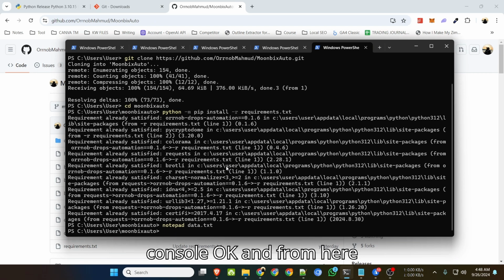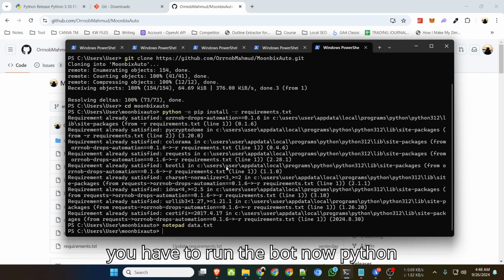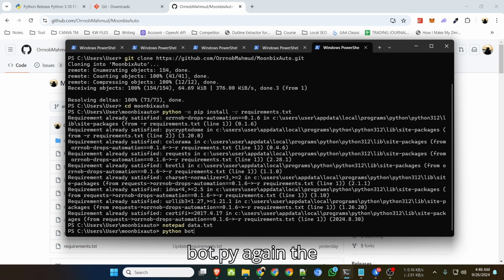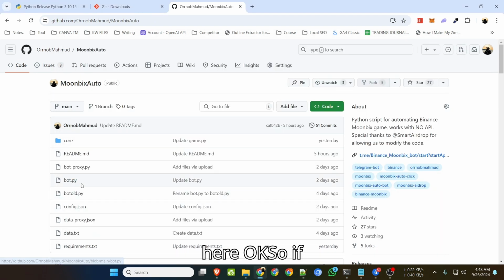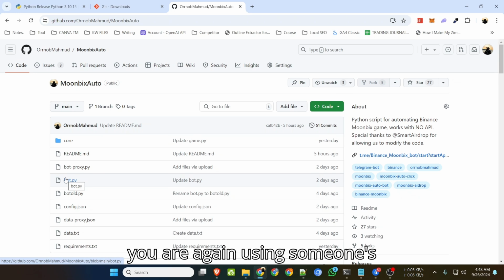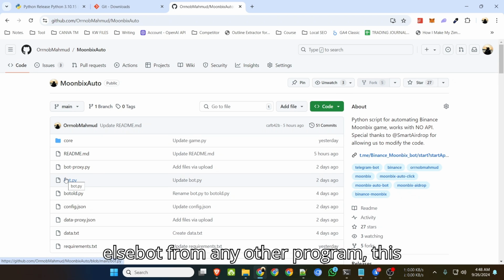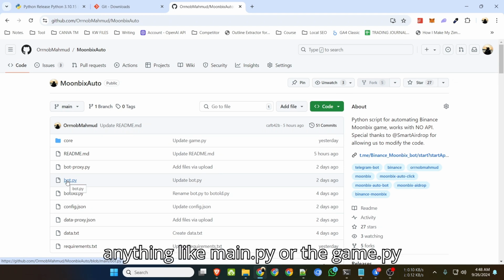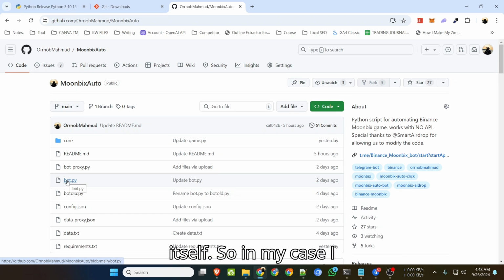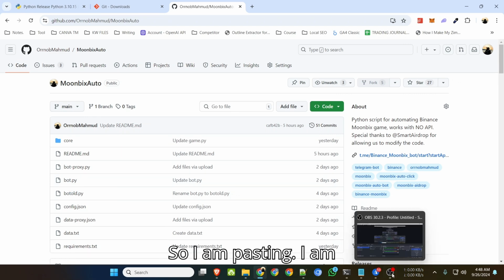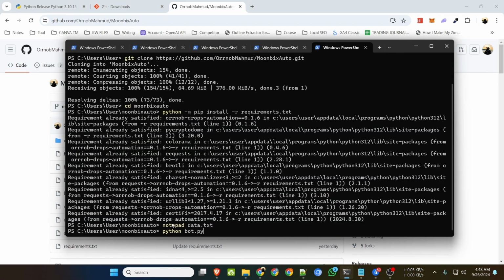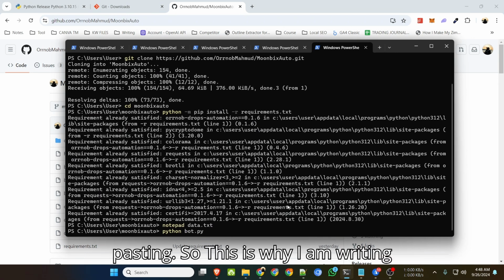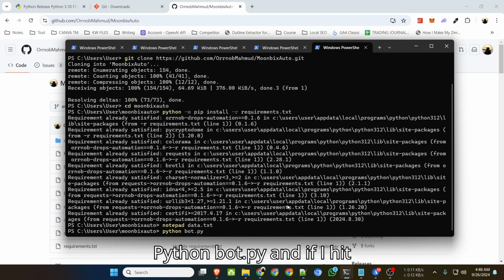From here you have to run the bot now: python bot.py. The bot.py is the main file. If you are using someone else's bot from any other program, this could be named anything like main.py or game.py itself. In my case, I have named this bot.py. So this is why I am writing python bot.py, and if I hit enter,